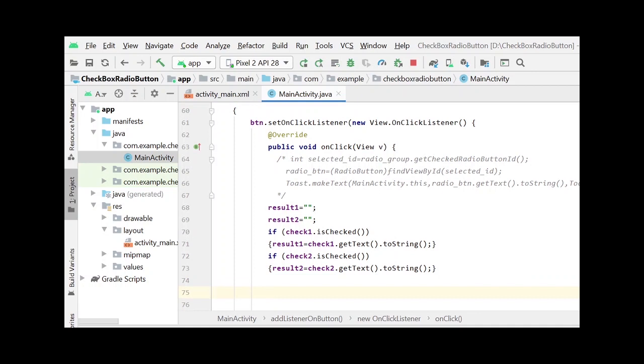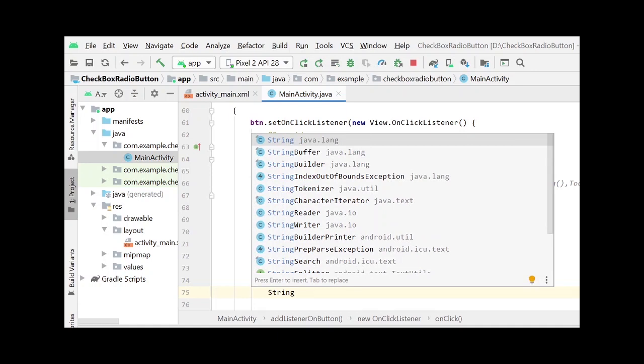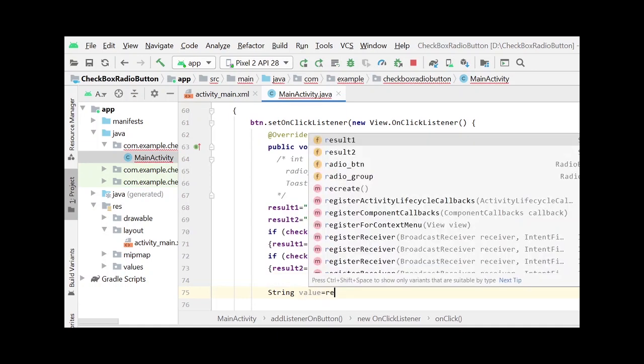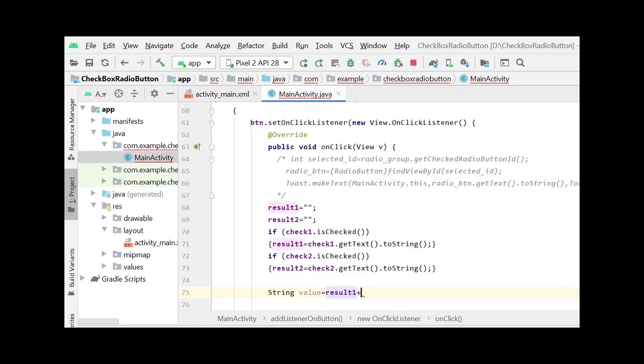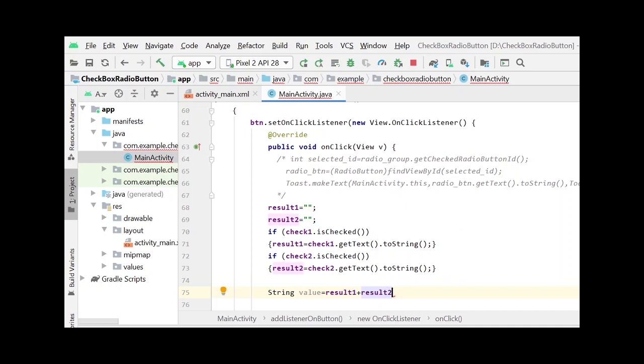After that, we can combine all the checkboxes. We can declare a string variable, value, for example result1 plus result2, semicolon.